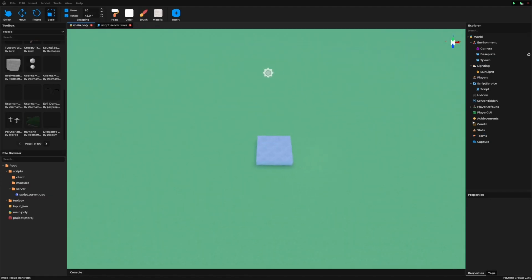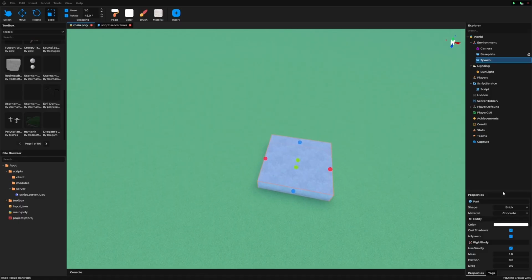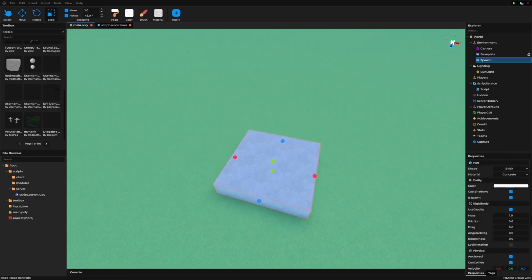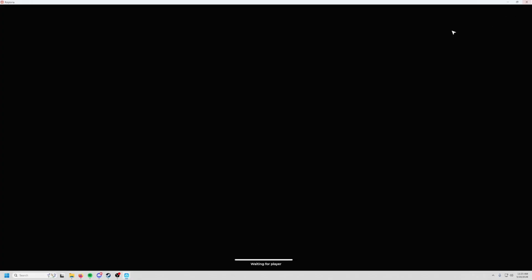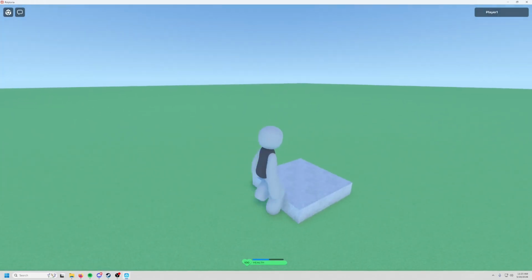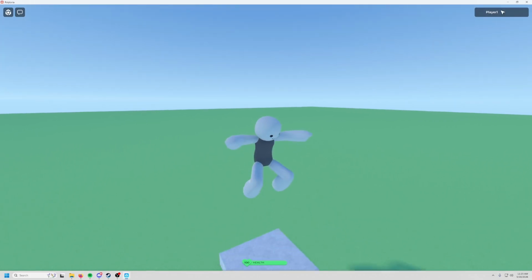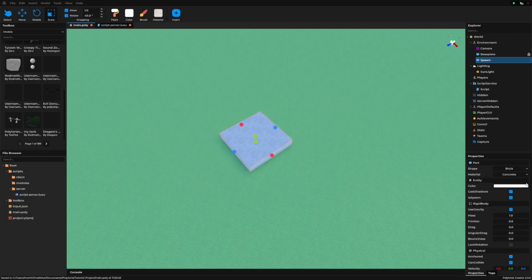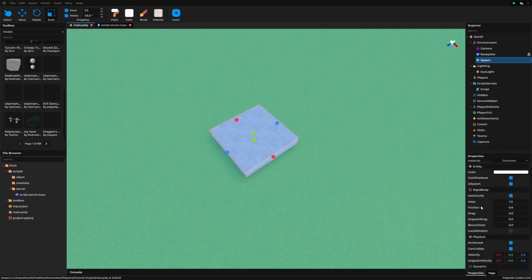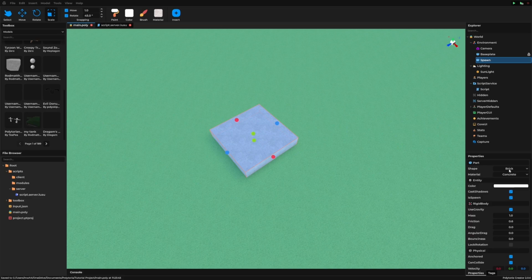Alright, and the last thing is the properties window, which I was talking about earlier. So this is a spawn location. If we spawn in, pressing this run button, we will spawn here all the time. If you have multiple spawns, then it'll choose a random one. It's set here by this is spawn button, and properties are just everything that makes it up, like its